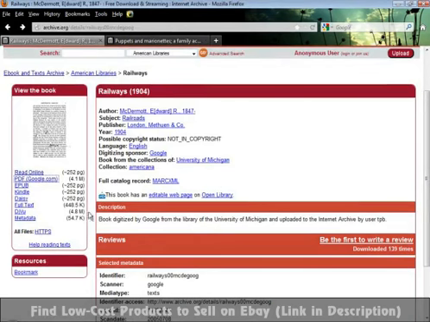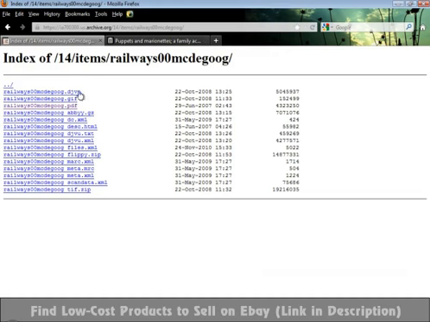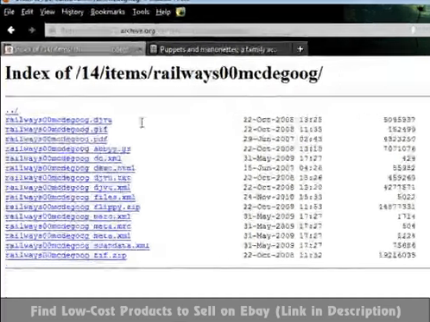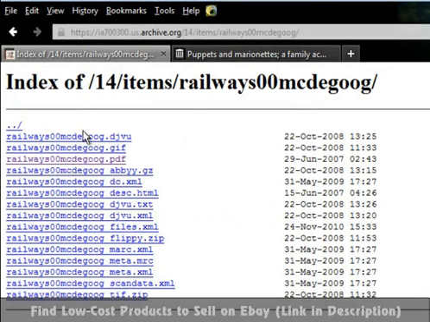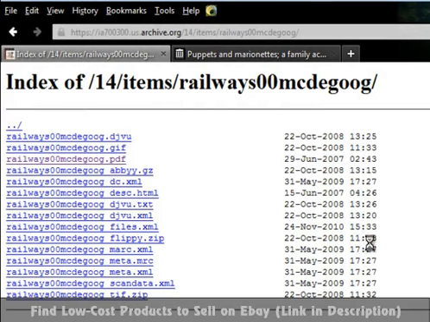What you need to do in this case with Google Books is click this link at the bottom which says all files HTTPS. You click on that, you'll see this series of links here, and the PDF download is always the third one from the top of this list. So if I want to download this PDF, all I do is right click on this link, save link as,